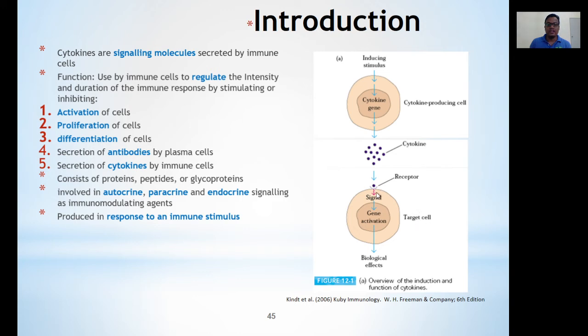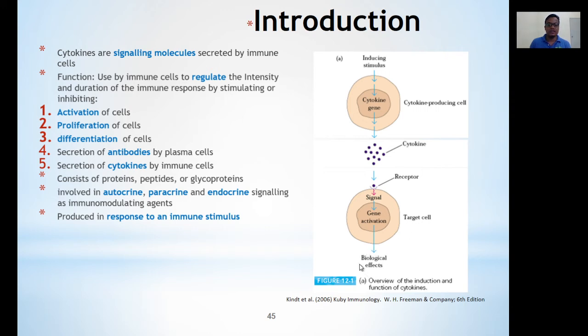Every target cell has its own receptor, so the cytokine is very specific. Each cytokine has its own target, which means the cell needs to have its own specific receptor. Once the receptor meets the specific cytokine, this will start the signal for the activation of the cell, which leads to the target cell